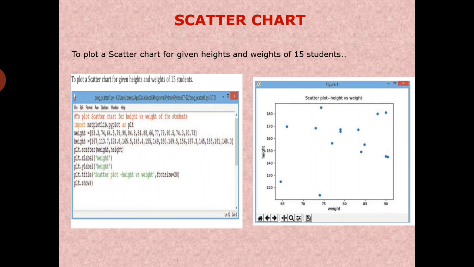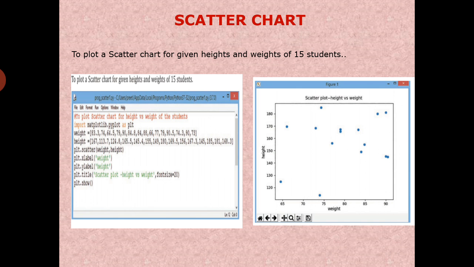Now let me introduce you with scatter chart. A scatter plot is a two-dimensional data visualization that uses dots to represent the values obtained for two different variables, one plotted along the x-axis and the other plotted along the y-axis. The data visualization is done as a collection of points not connected by lines.